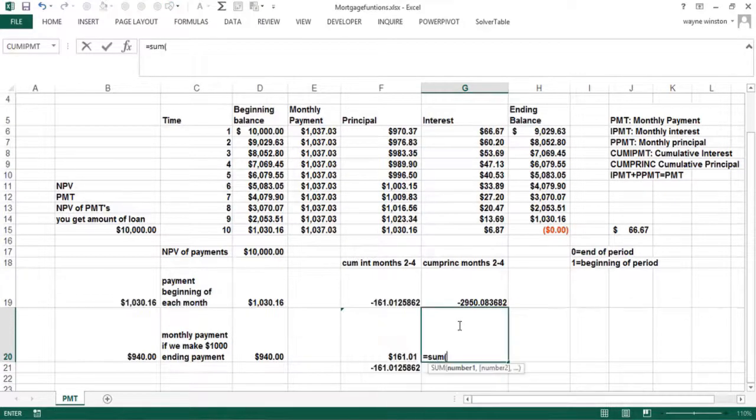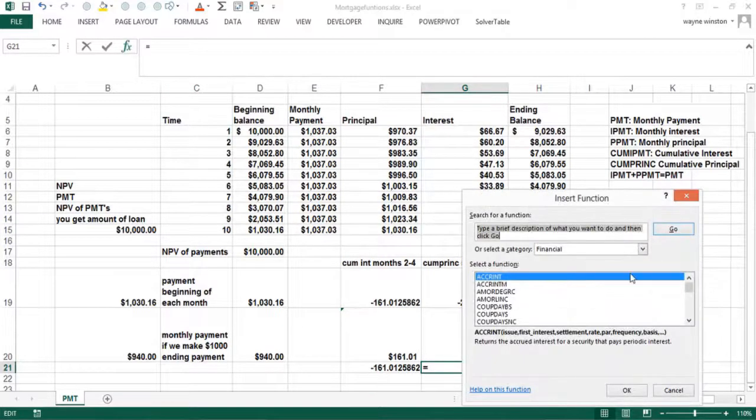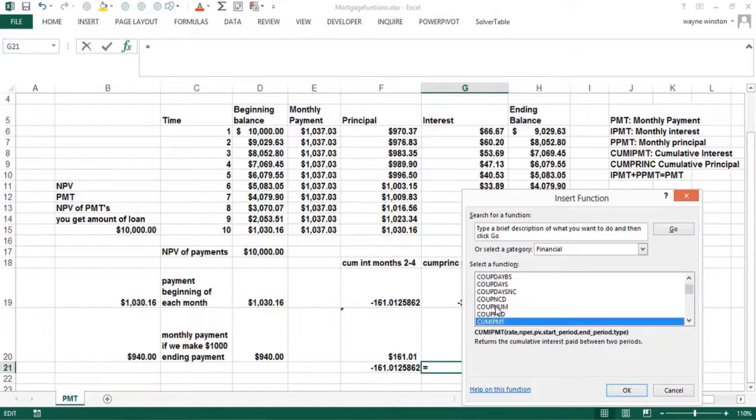Months 2 through 4. I would add up the principal contribution for months 2 through 4. If I want a function that gets that, I could use CUMPRINC. Someday my prince will come. Is that Cinderella? I think so. So if I type CUMPRINC,